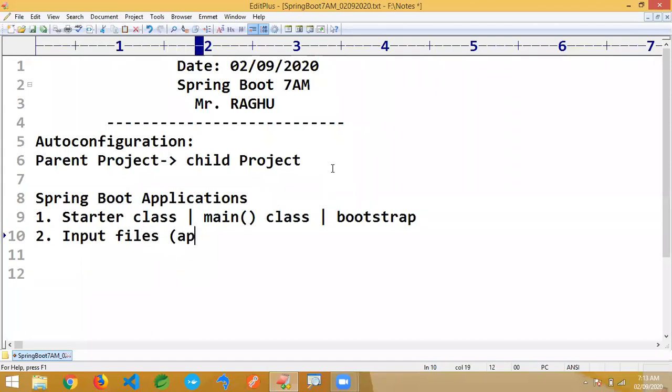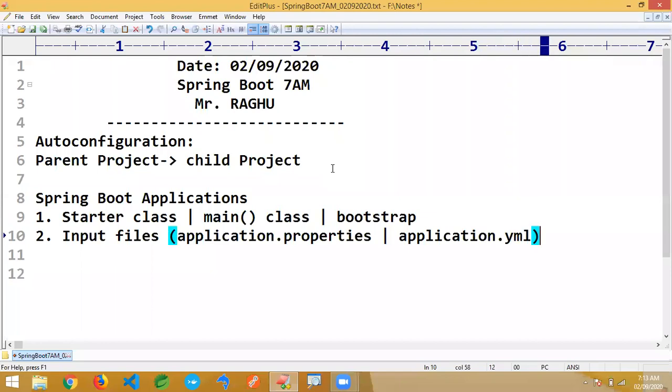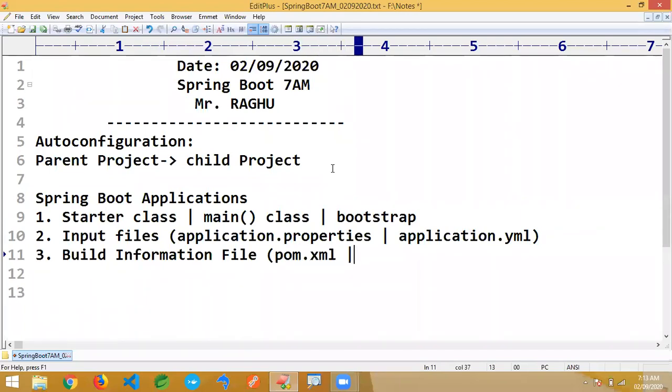Here we have two types of files: application.properties or application.yml. The third one is a build information file: pom.xml in case of Maven, build.gradle in case of Gradle.